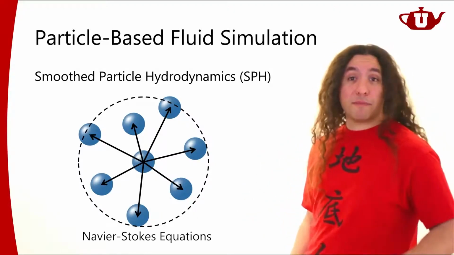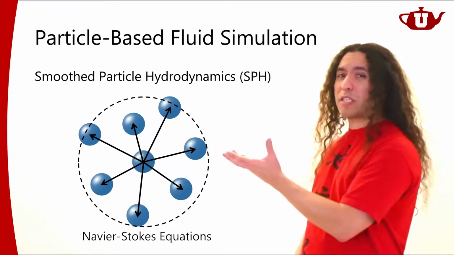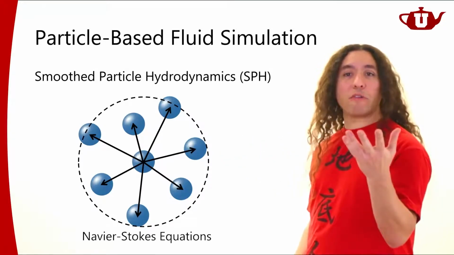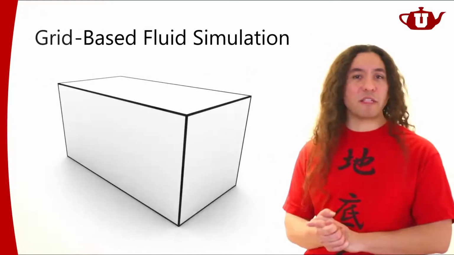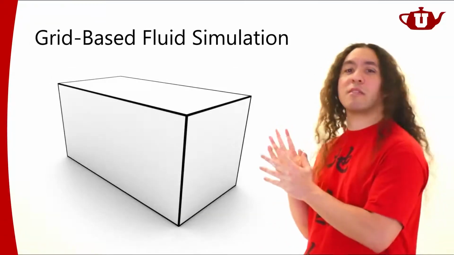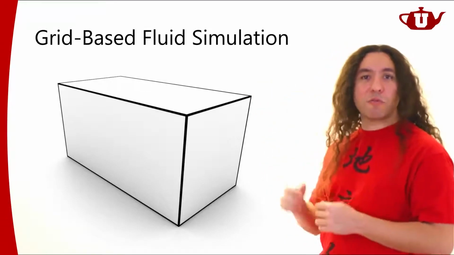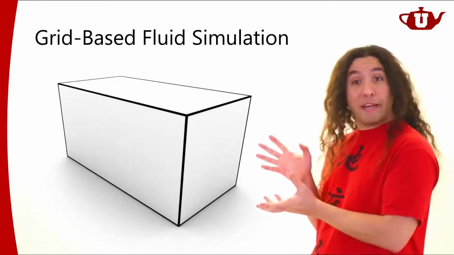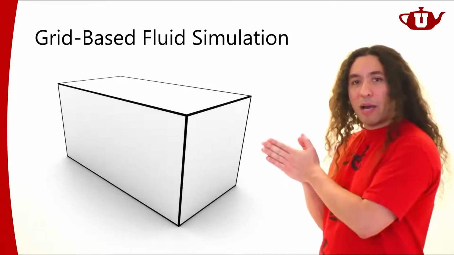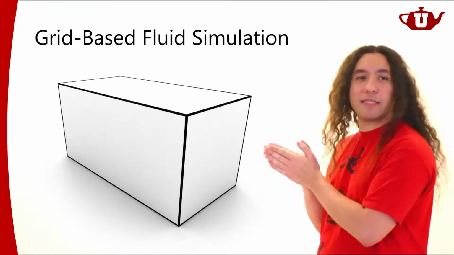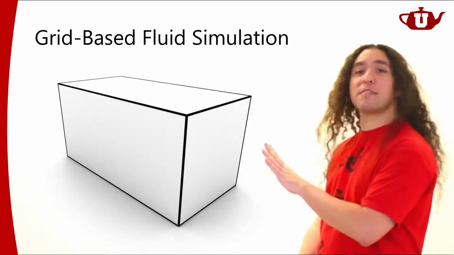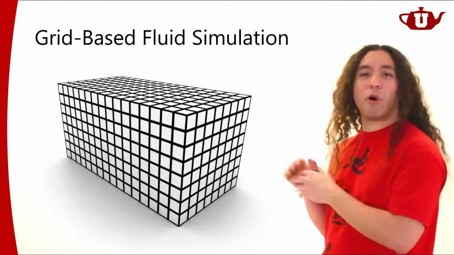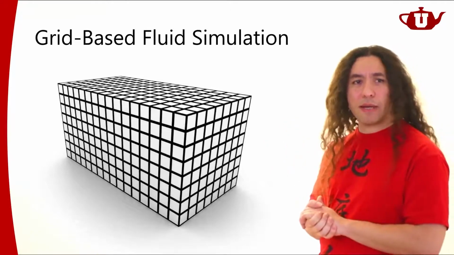An alternative technique is, instead of trying to solve the Navier-Stokes equation using particles like this, it's a differential equation, so I can just solve the differential equation. A typical way of solving differential equations would be using some grid-based discretization. So that brings us to grid-based fluid simulations. In a grid-based fluid simulation, I'm going to define a simulation domain first. Let's say this is my simulation domain, and my fluid is going to live inside it. I'm going to discretize it into a grid of whatever resolution that I want.